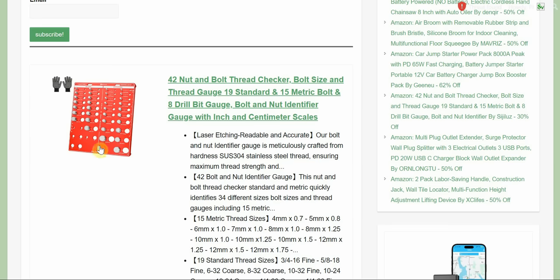You got a nut, you try it on these different studs, you find out, is it coarse thread, is it fine thread, is it an SAE, is it a metric? And then the same thing with the holes, those are all threaded holes, you got a bolt, you just throw it in there. And I'm like totally lame, so I have this whole bolt and nut organizer thing, and just